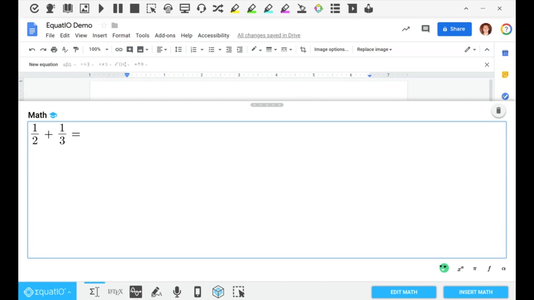So we built in here with EquatIO, I think in July of 2018, we made it so you could do multiple lines. So I can now hit shift enter and come down to a new line and start working. If I want to make 1/2, I can start typing 1/2 and make that. That's super awesome. But even better, if I hit shift control enter, it'll copy down my line from one to the next. So again, that's another step. So many students make a mistake transcribing.